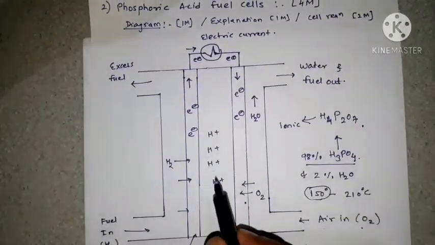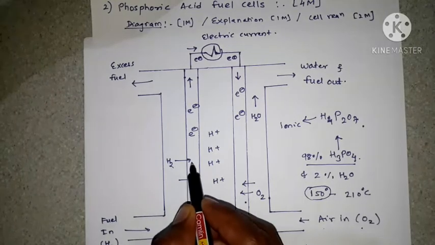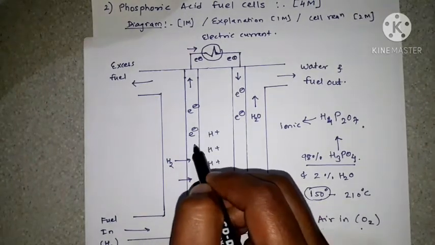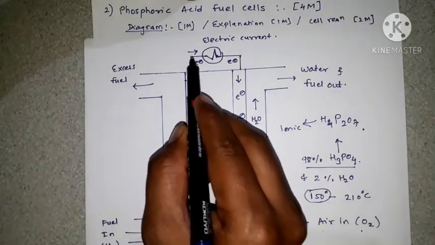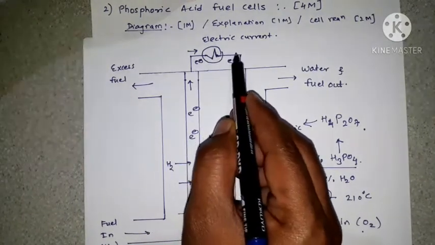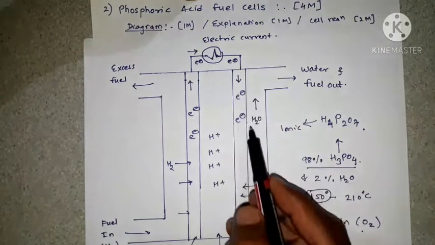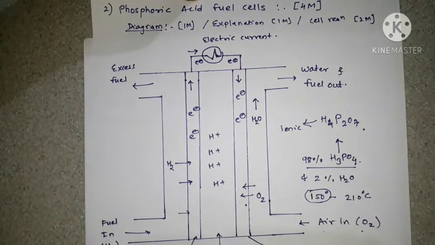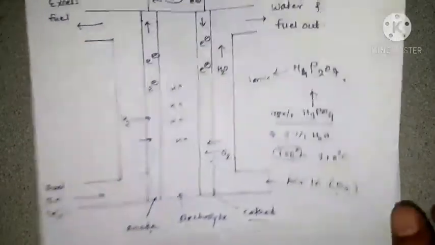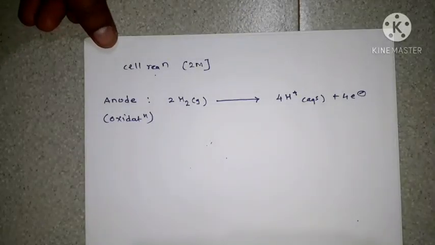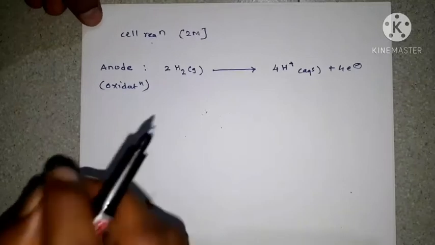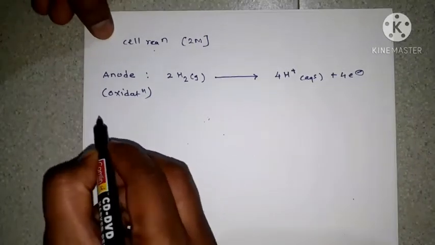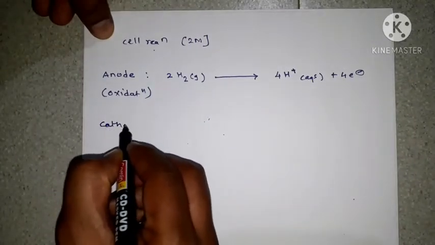Look at the diagram. When hydrogen gas is oxidized, electrons are generated, and the electrons are transferred from this battery and pass over to the cathode. Okay, this is the half reaction of the anode. Then on the cathode,